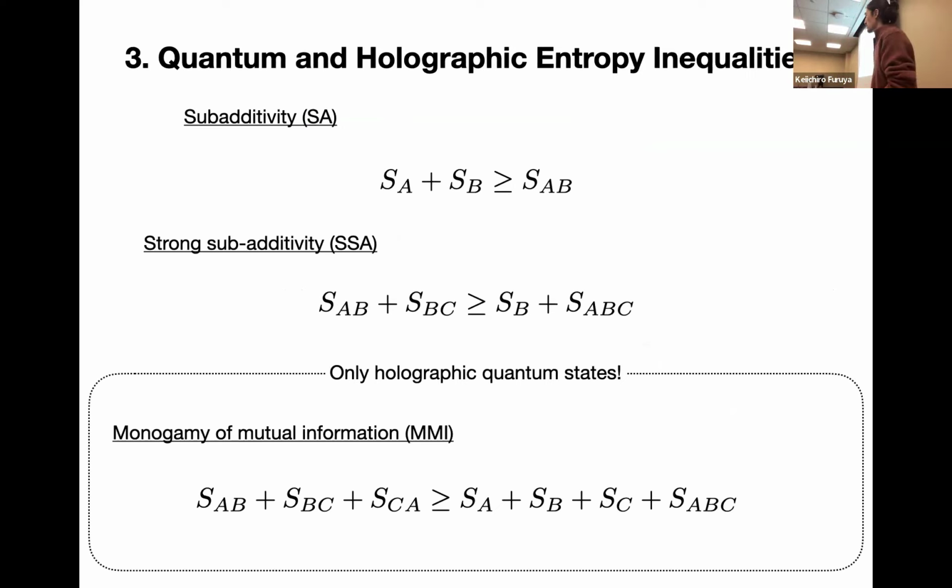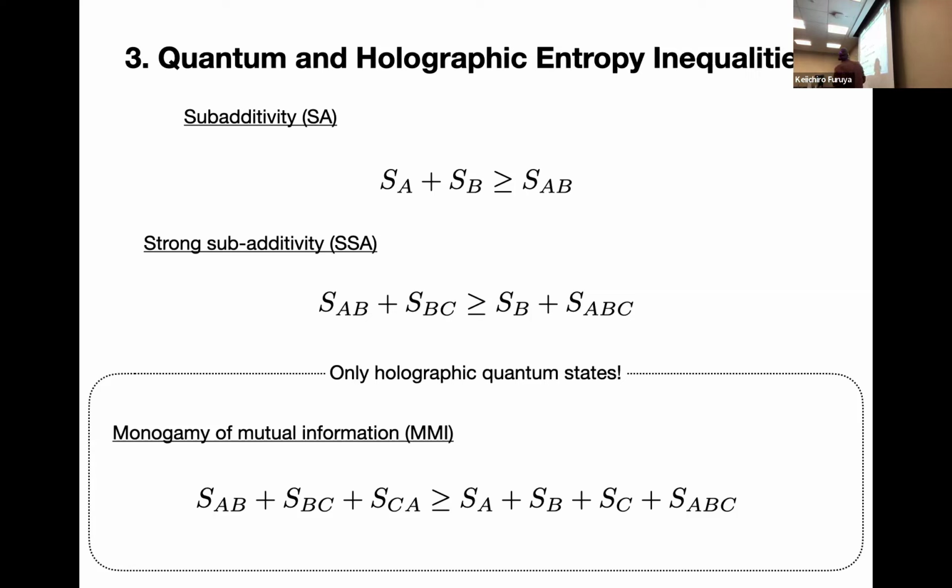Okay. So holographic entanglement entropy is our building block. Then you can compare two different holographic entanglement entropies, or even in a quantum system, you can have entanglement entropies and compare them. The first inequality is called subadditivity. Here you have subregions A and B, and you can calculate the entanglement entropy of SA, SB, and SAB, and then you find that this inequality is true.